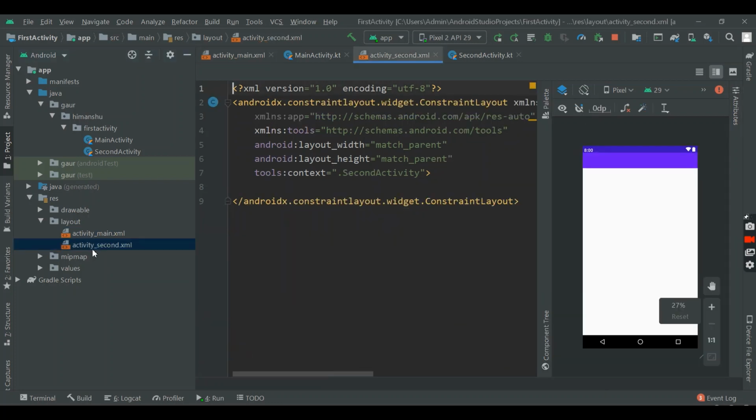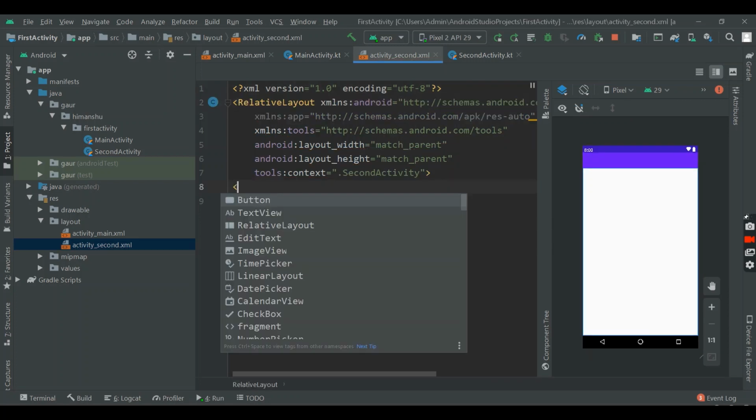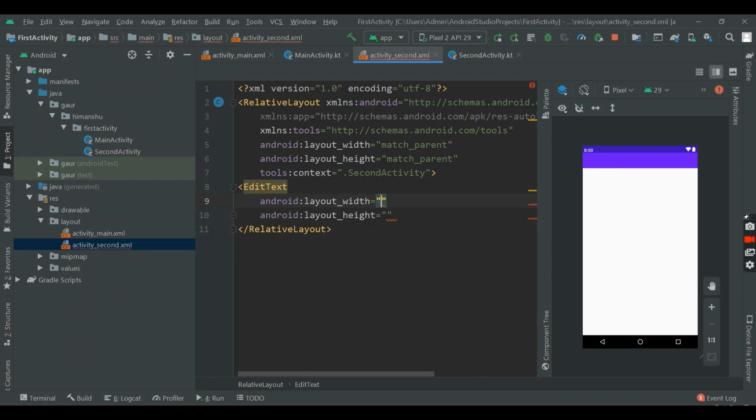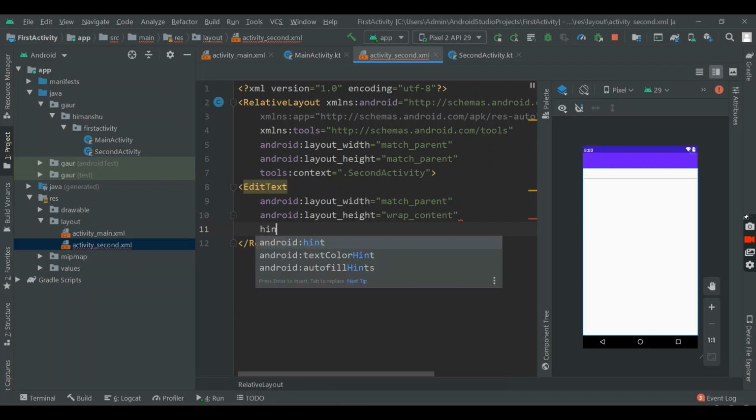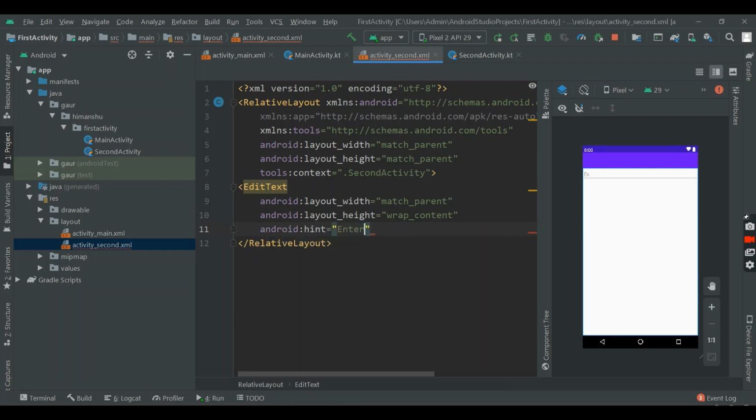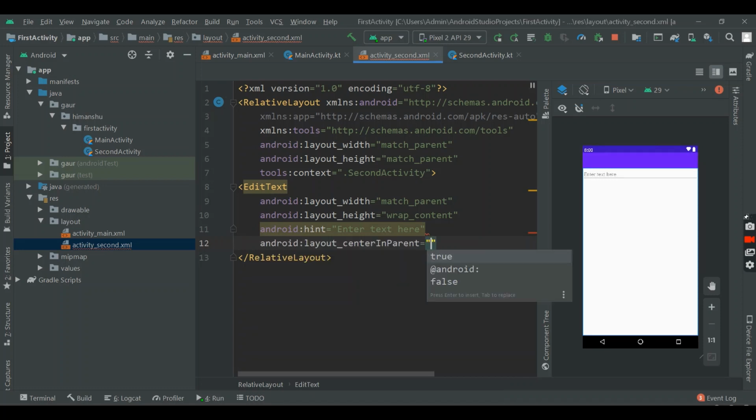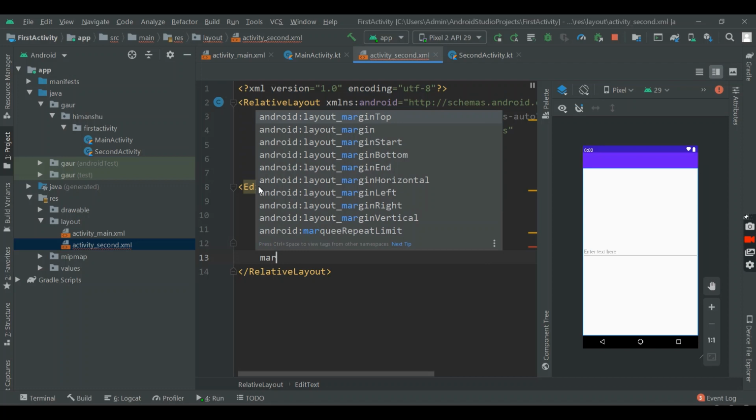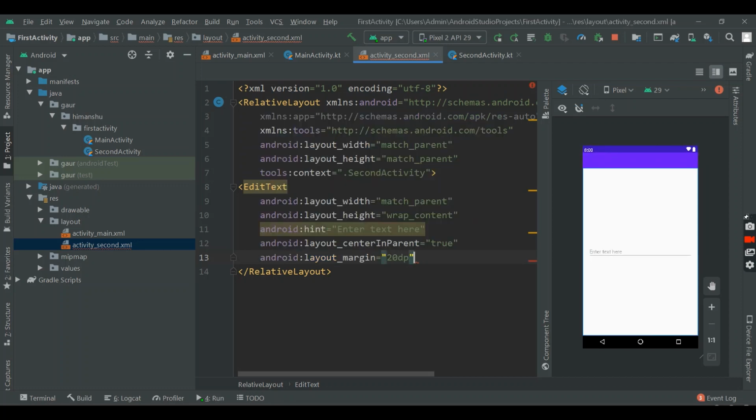Go to our second activity, and here first of all make this a relative layout. Here I need an edit text and a button. So first I need an edit text, and text here, and make center in parent true, and margin of 20 dp.